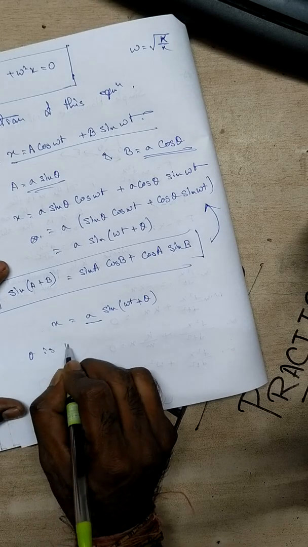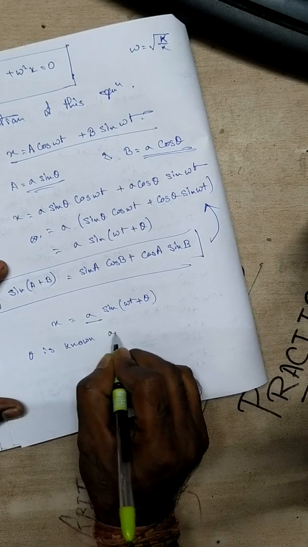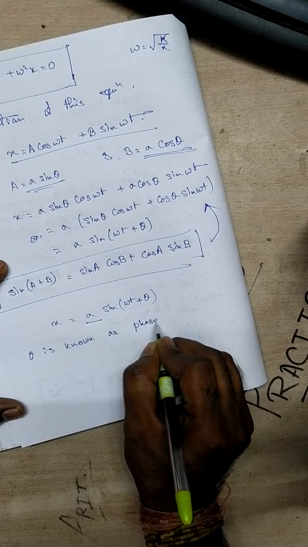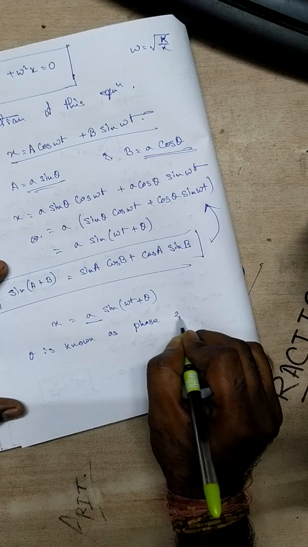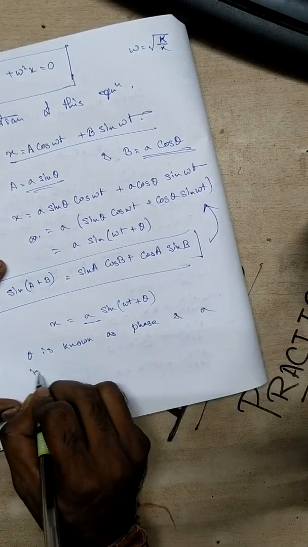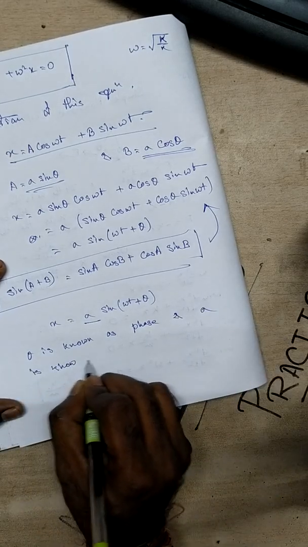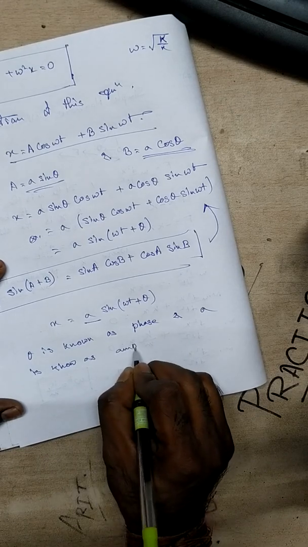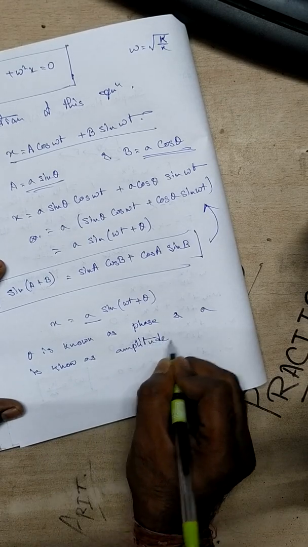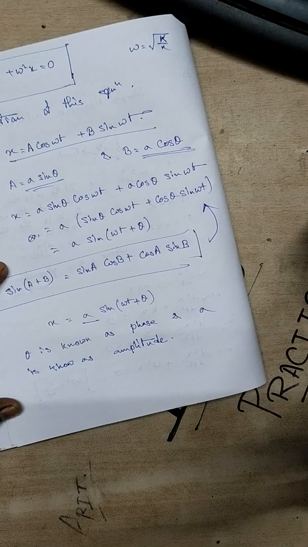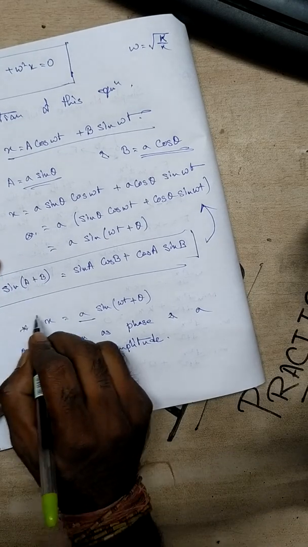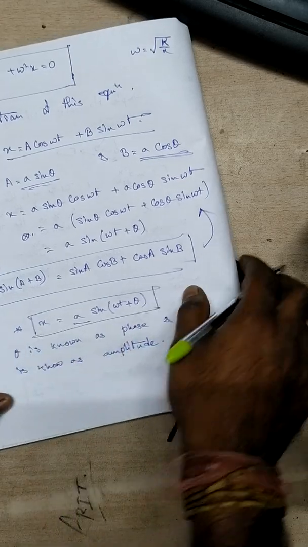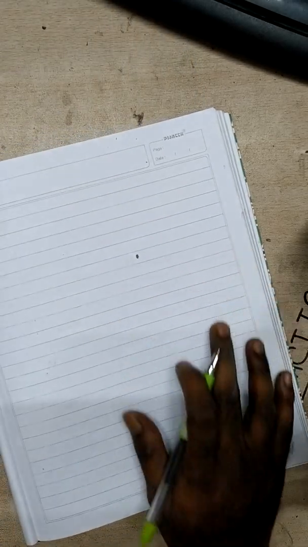Theta is known as the phase and small a is known as the amplitude. Clear? So from this solution what do we get? We get two simple characteristics from the